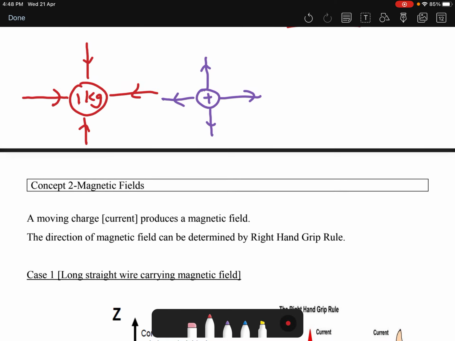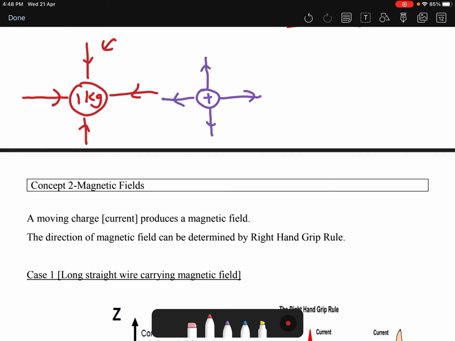Okay, so the second thing I want to talk about is how a magnetic field is being produced. Before I talk about the magnetic field, let's talk about the gravitational field. If you have a mass of 1 kg, this 1 kg will create a gravitational field in this particular direction. The gravitational field is always attractive, hence your field lines will always be pointing towards the center of the